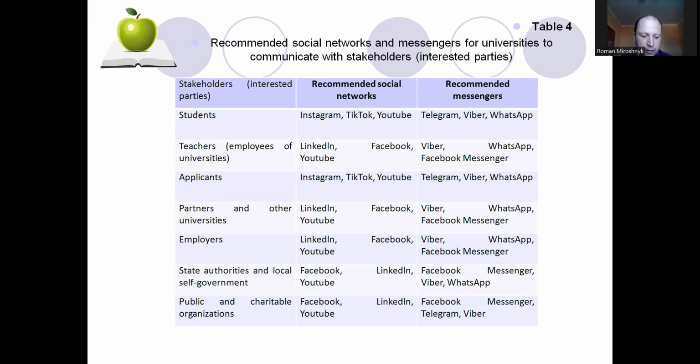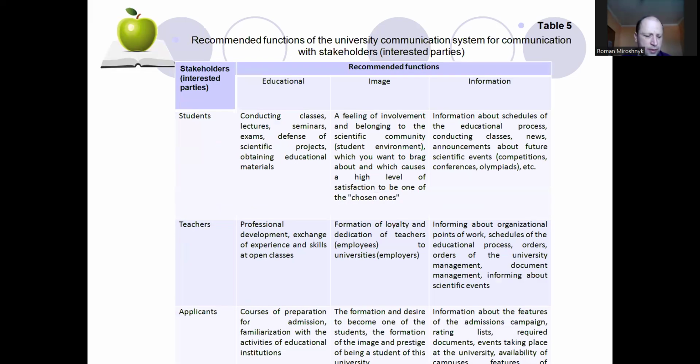For the group of stakeholders, state authorities and local government of the university, it is advisable to use social networks Facebook, LinkedIn, YouTube, and Messenger, Facebook Messenger, Viber, WhatsApp. In table 5, we recommended functions of the university communication system for communication with stakeholders. The use and strengthening of the recommended functions of the communication system will allow to strengthen the competitive advantages